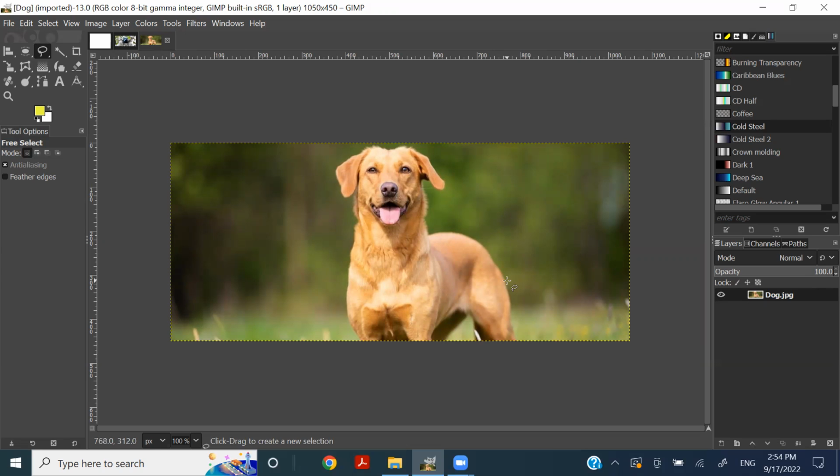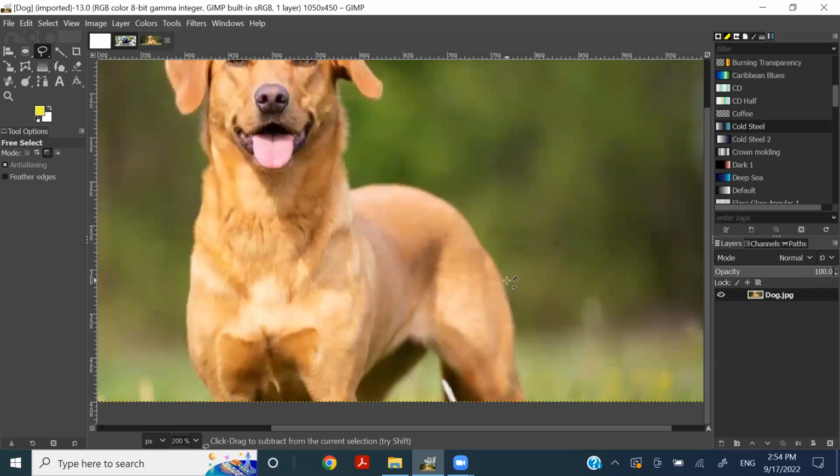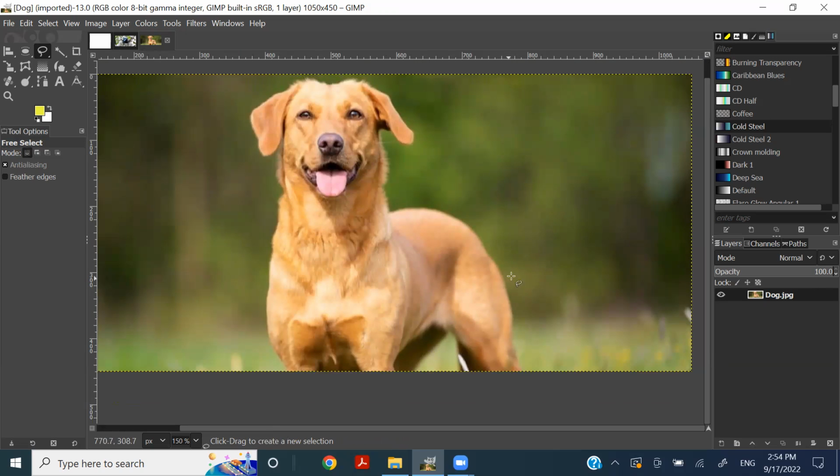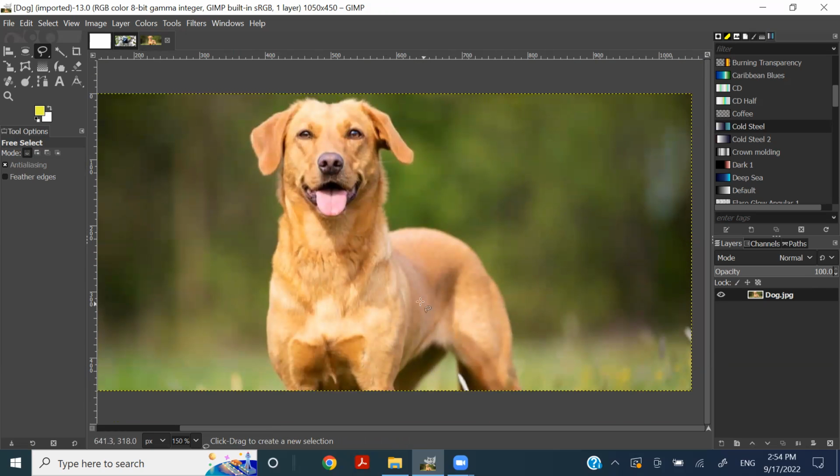So in here you can zoom in your picture by using control and the mouse wheel, rotating it forward, right? So my purpose is to select the body of the dog, only the dog. I have selected the free select tool. So when I take the free select tool, you can see that there's a small icon beside the cross. So I can do the selection. I have clicked my mouse and I'm not releasing it. So here very carefully